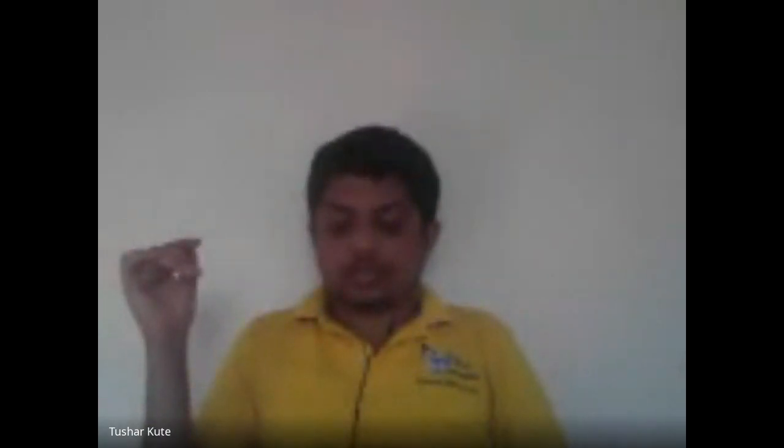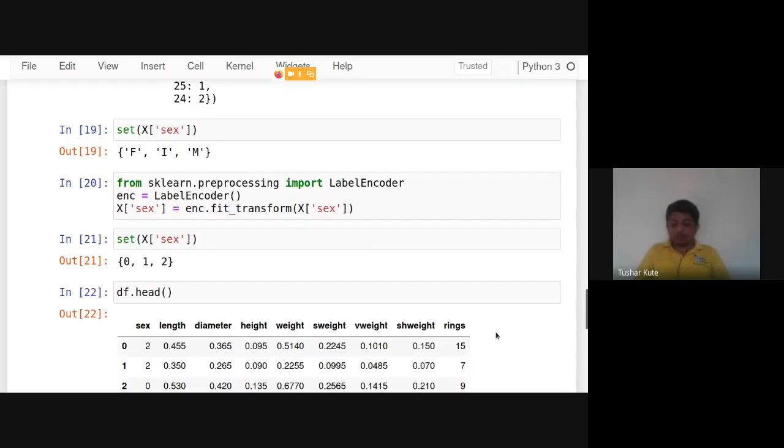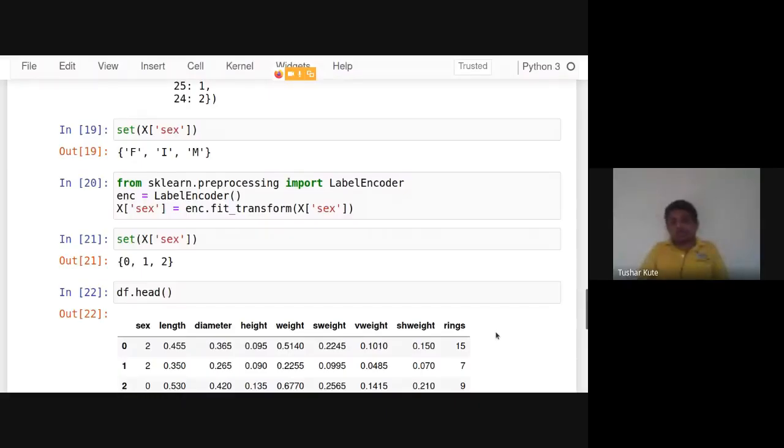See, so the input variables we have encoded. We have encoded the input variable, and after that we got this result. Just observe it. We performed the encoding on the input variable only, on X, the X sex column, the first column that we are encoding.